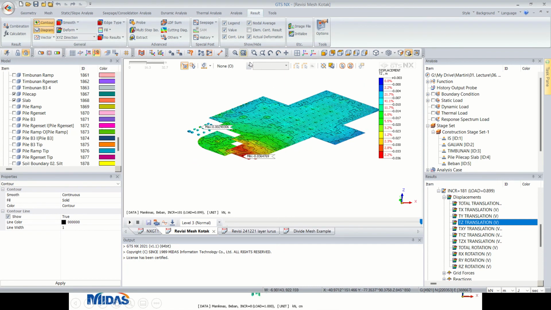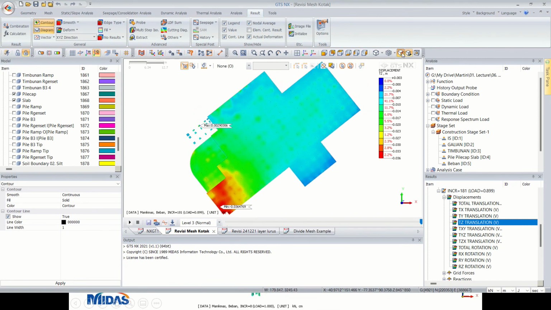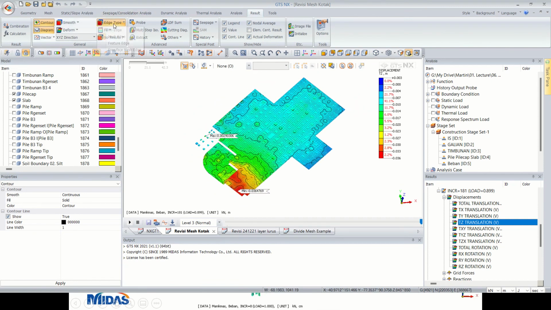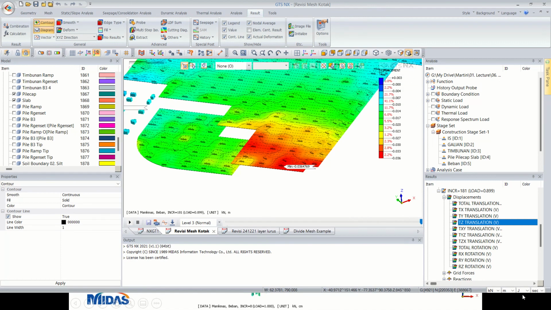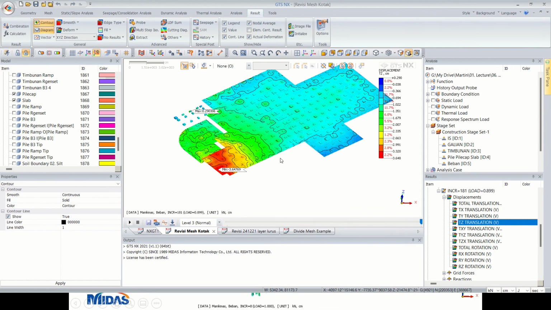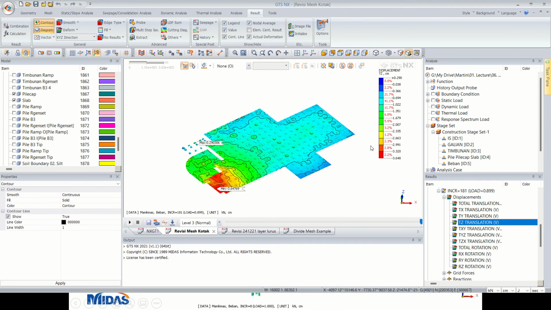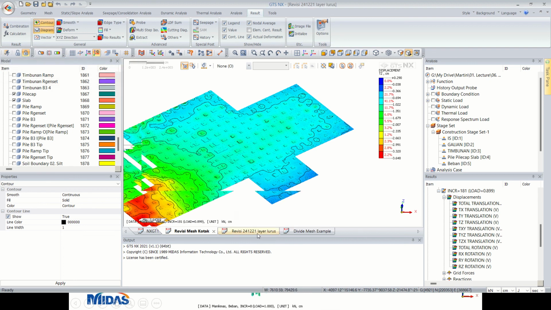You can turn on the contour line if you want. You can take a look from the front. If you don't want to see the mesh, you can turn off the mesh. And here is your settlement profile. You can change the units if you want. Over here the maximum settlement is 3 cm, so everything looks fine from this model. And over here we have a smaller settlement. It doesn't even reach 1 cm because there is a stress release at that area.